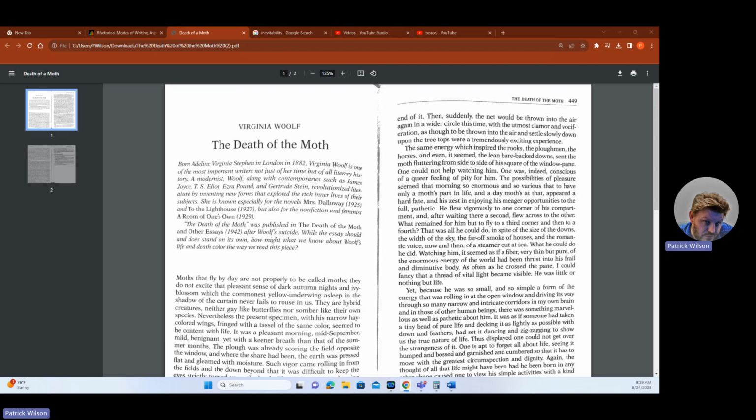Other things that make this particular essay really good to examine and read is the exploration of themes. The Death of the Moth explores profound themes such as mortality, the human condition, and the fleeting nature of life. This can inspire students to consider meaningful and thought-provoking themes for their own narrative essays, encouraging them to go beyond surface level storytelling.